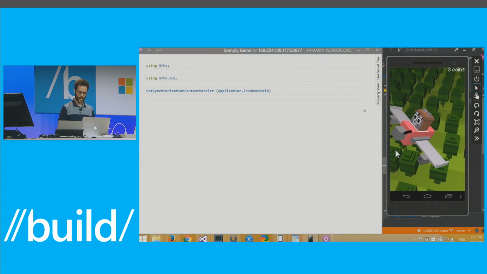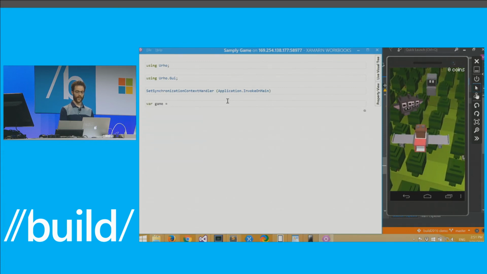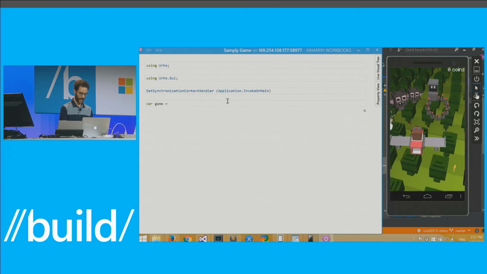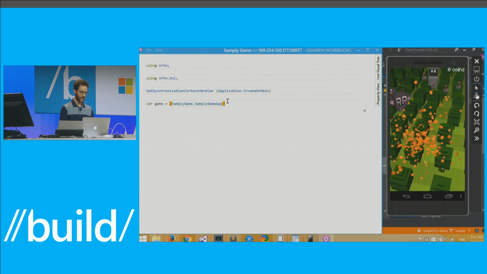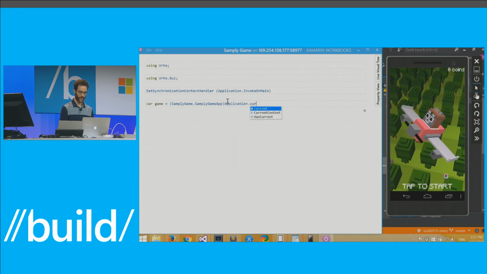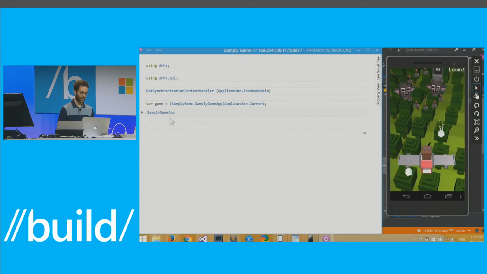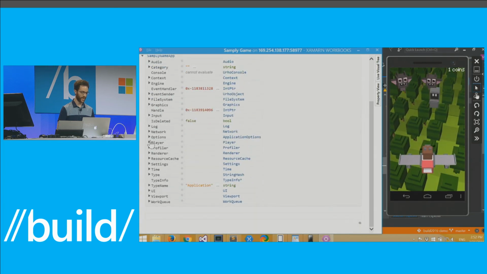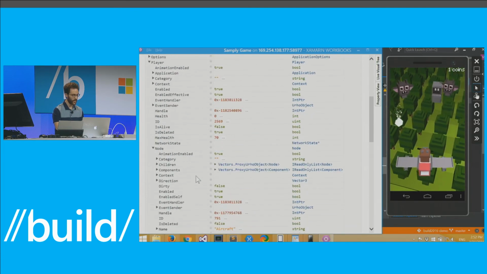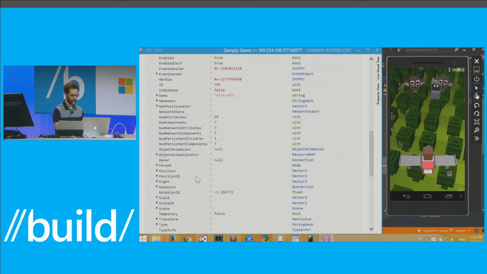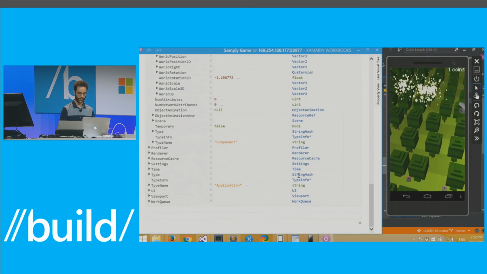So if I wanted to look at this game, I want to figure out what is going on that's making this plane so big. So let's take a look at it. We have sampling game, which is our actual game engine. There it is. So we'll start again. I keep dying. This plane's just too big. So we can dive in there. We can see that there is a player, and that's got its own node, just like Miguel was describing before. And the node has a scale. Here we go. And the scale is 0.85. So clearly that is not a size that's working out for us.